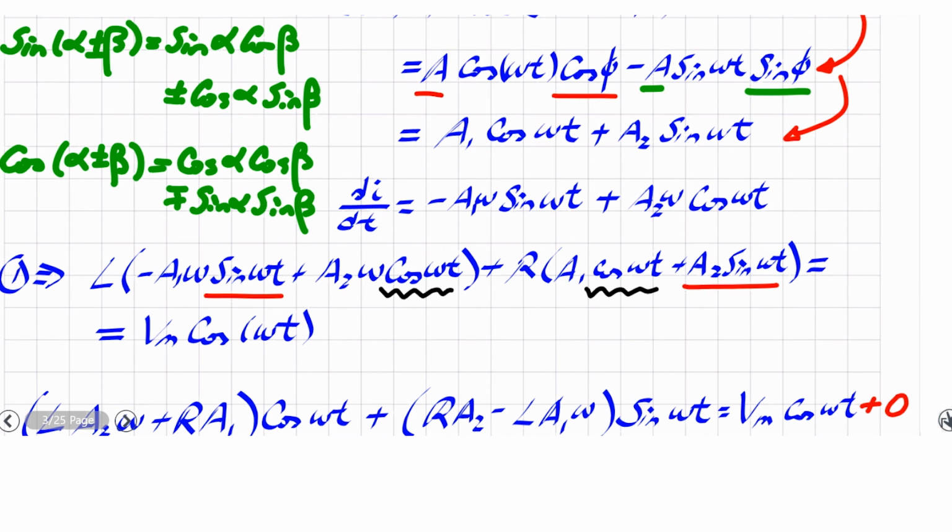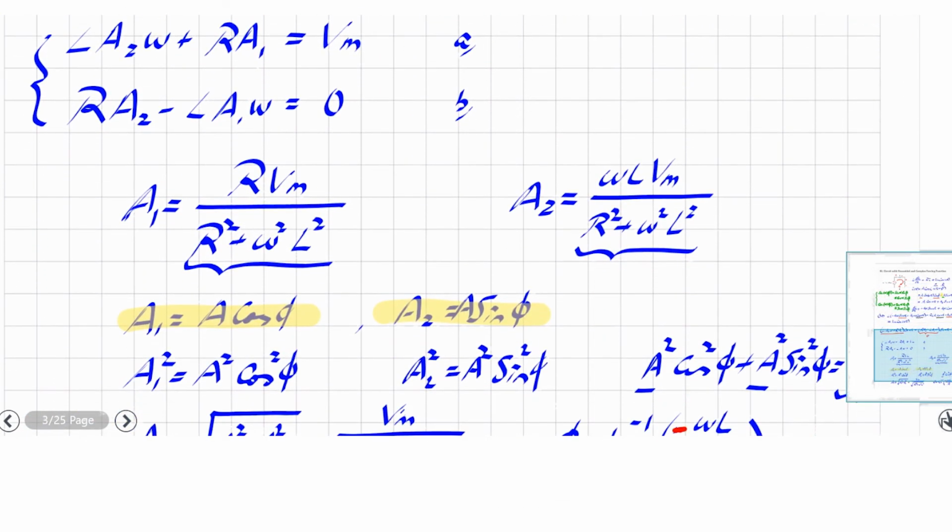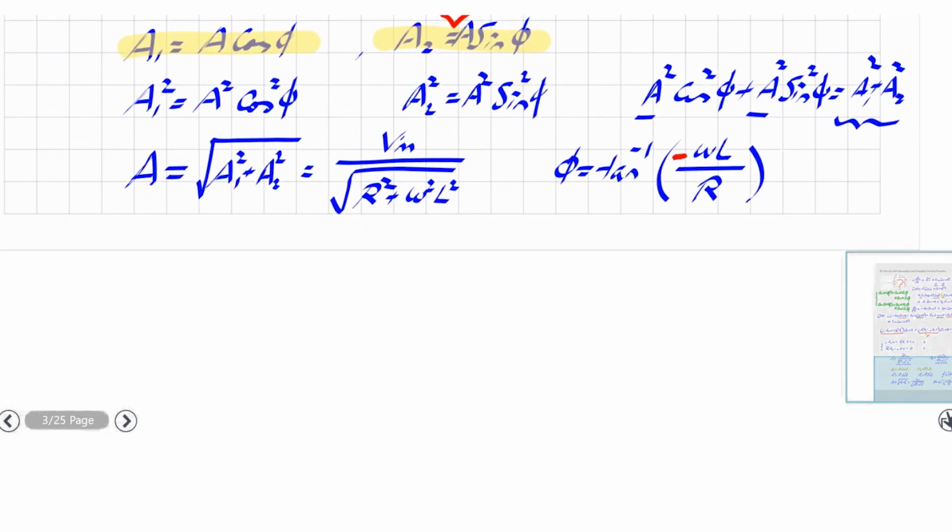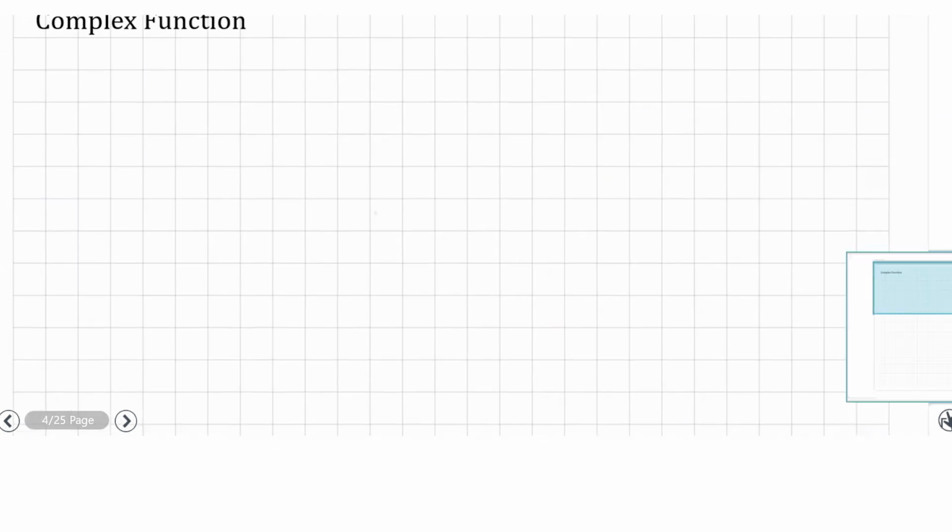Right here, there's a negative sign. So A2 is negative A times sine phi. So A2 is equal to negative. All right, up to that point, we find a solution. We have